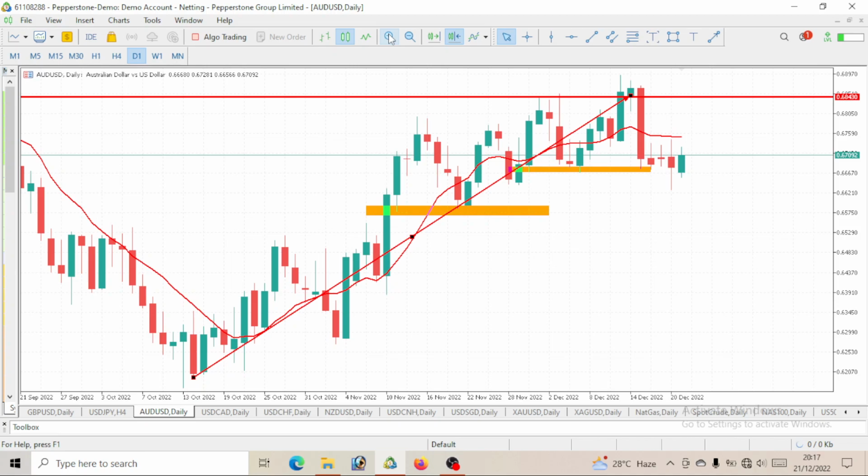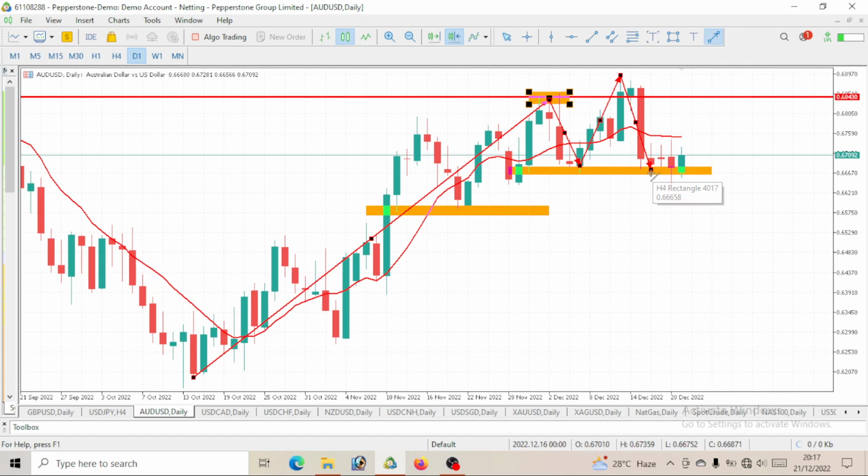If you were following this channel consistently, you would have seen how we told you that we would have a pullback at this level. Price once came to this same level and a pullback was made. The price came again to this level, broke above it a little bit, and now we've gotten a pullback, a drop. Now we would be expecting the same, or similar, movement on this AUD USD.